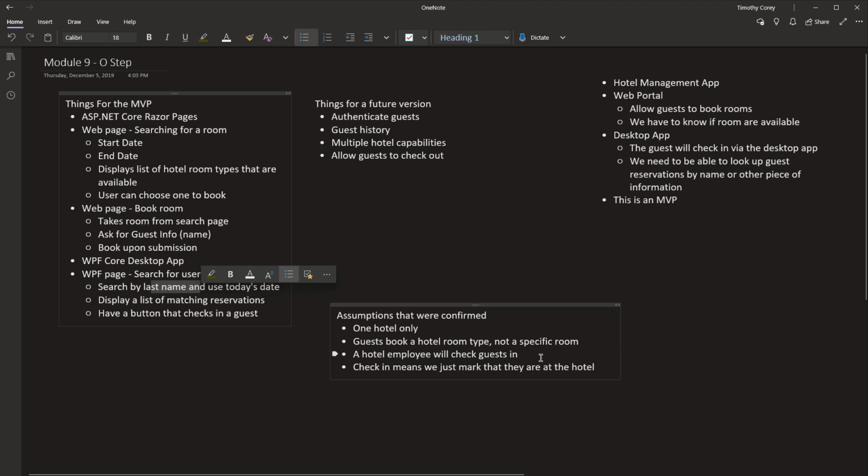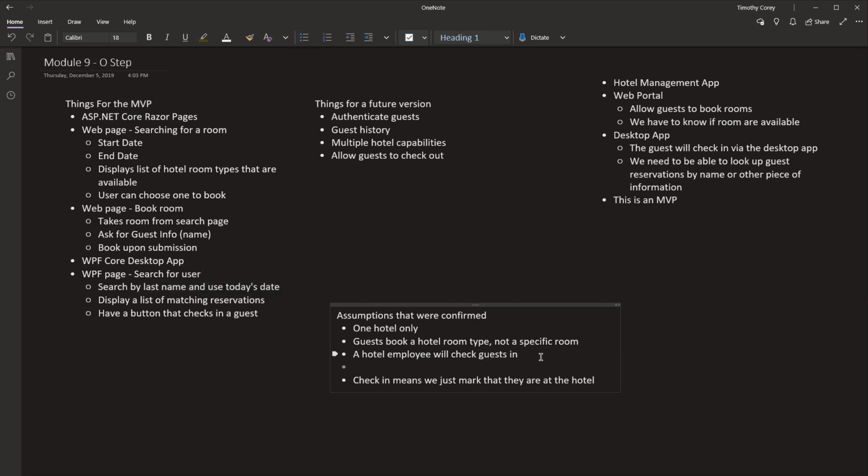But we should probably add that to our assumptions list that booking search is done by